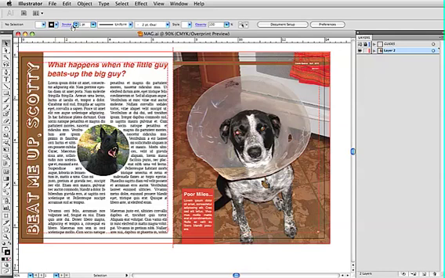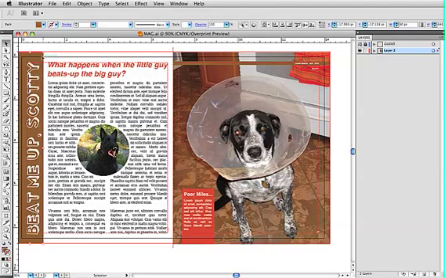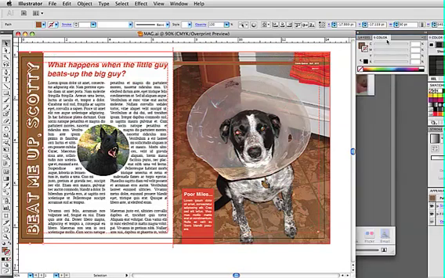preparing this for a press facility, we need to also guarantee that not only our images are in CMYK, but all the colors that we are using are in CMYK. And that includes text and graphic objects. So if I select this color bar on the left side here and go to my colors,